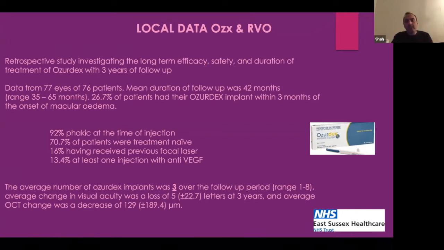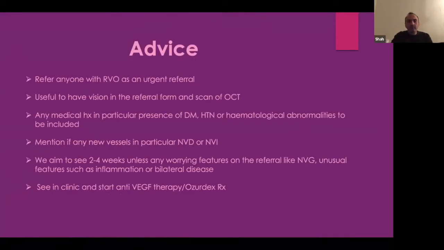But the main thing is you always let the patient know what the choices are and they make a decision. So as I mentioned to you, if they're pseudophakic, have glaucoma, or can't come to hospital quite a lot, Ozurdex is a very good option. If they are phakic, they can come to the hospital regularly and they don't have significant risk of cardiovascular issues, then anti-VEGF is ideal. That's the way I divide it.